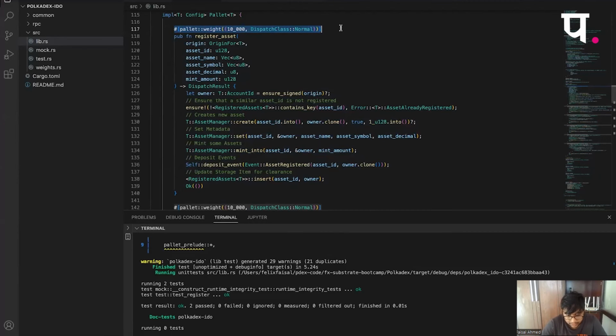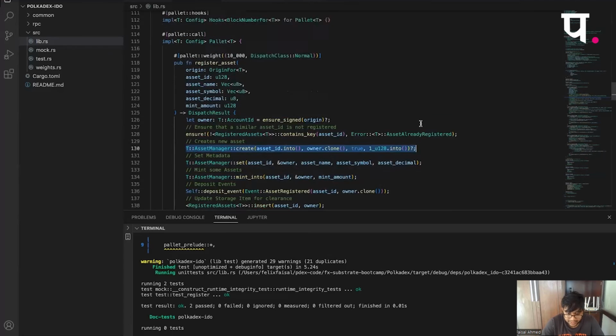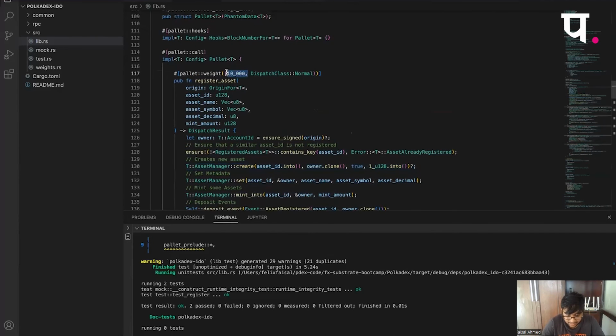Let's say you're able to correctly estimate how much weight, and weight is actually associated with the reads and writes. So over here, I am doing one read, and this is my second read, and I have a number of reads and writes over here. Because this is not my pallet, I cannot estimate for this. So this is where I will not be able to estimate as a developer. I can estimate for my own reads, but I cannot estimate how many reads this pallet will take, and that is when we absolutely need benchmarking, and estimating these weights by hand is useless.